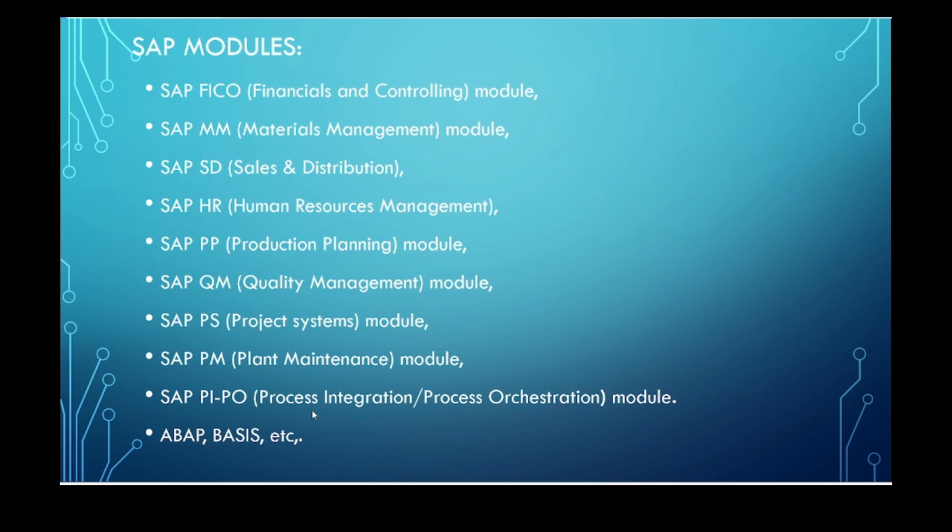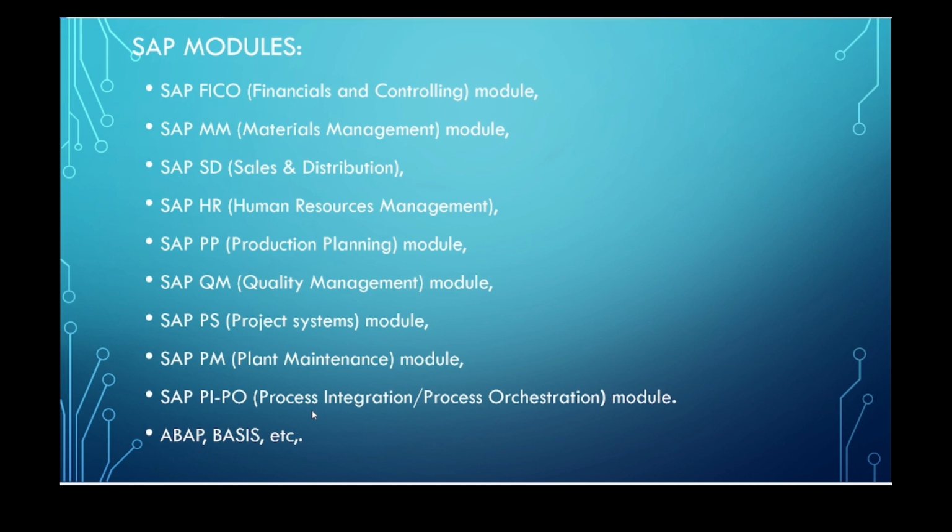Coming to SAP SD, sales and distribution. All sales related activities we can handle in the SD module. Then the HR module, human resource management. In this module we maintain how many employees we have and how much salary we are paying, and these salary details we can handle by the SAP HR module. Then SAP PP, production planning. Based on machine availability and resource availability, we decide how many production orders will come. Production related information, like how much we produced, we can handle with